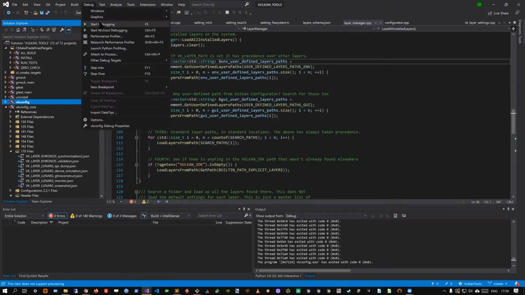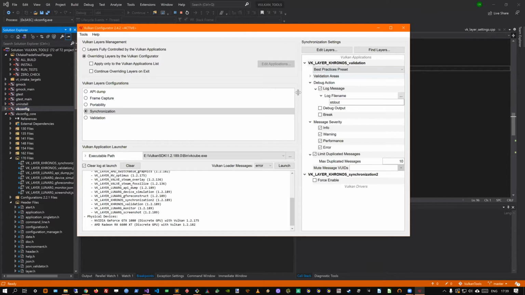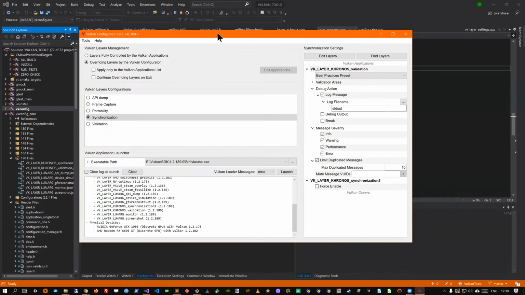And first, we are going to look at what Vulkan Configurator looks like. So this is Vulkan Configurator. Let me go back to my script. I'm not sure if everyone has used Vulkan Configurator before, but I hope if you didn't, you will start to consider it.